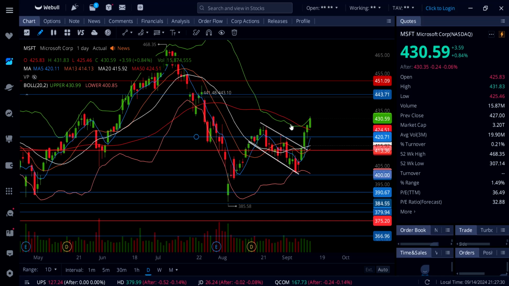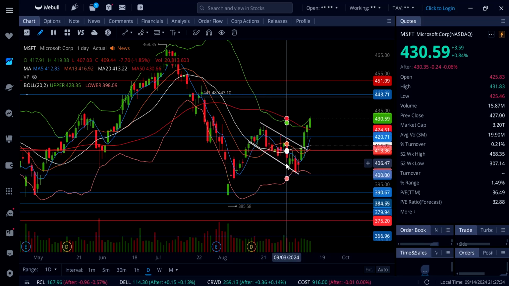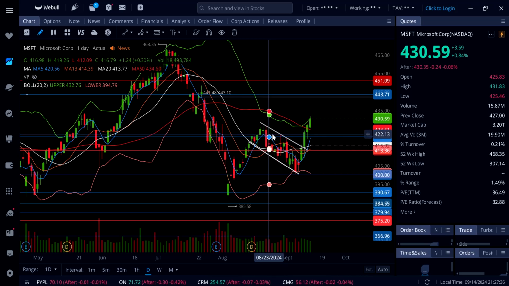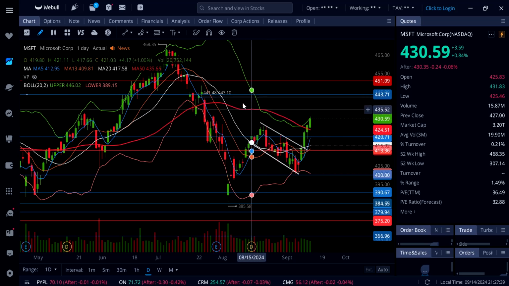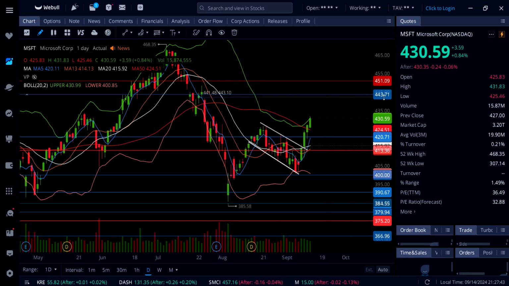So yes, it's trading over all these moving averages. And if you look at it right here, and if we take this bull flag and put it on top, we might be going up to these highs and possibly filling this gap at 443 and then going even higher up to 451. So going into next week, there will be strong support at 425, I would say, the 50-day moving average